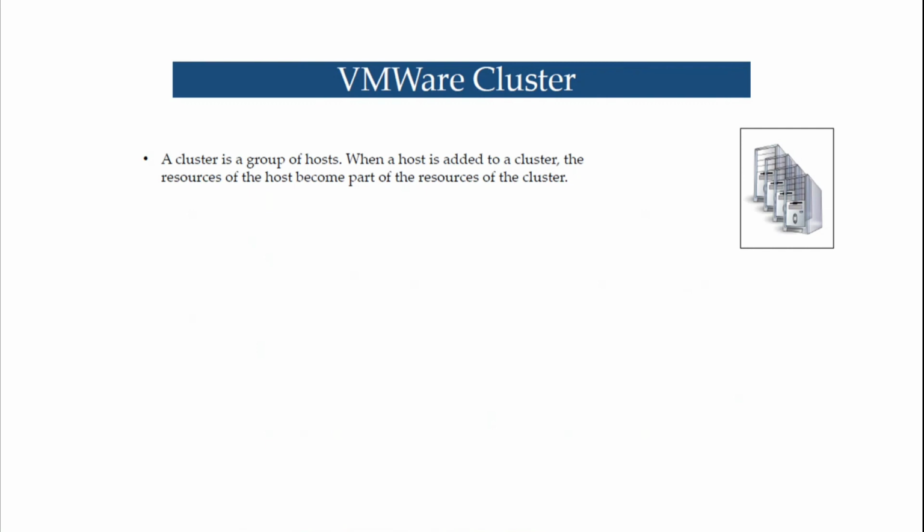one host has 30 GB RAM, the other one has 20 GB RAM. So if you put them in the cluster, it's going to be 50 GB RAM. And when you create a virtual machine, it's going to decide itself where it wants to put the virtual machine. So